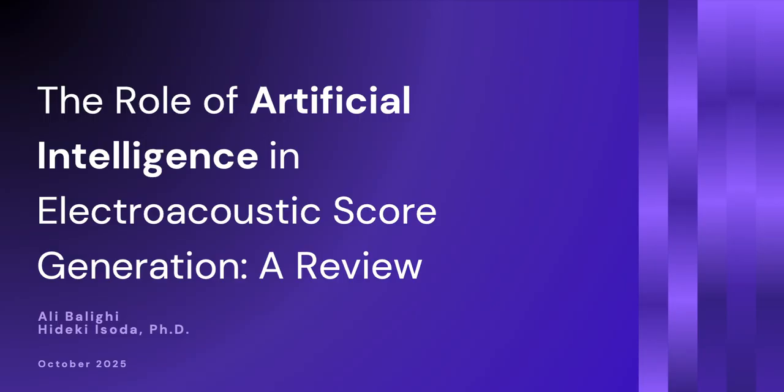By electroacoustic, I mean music where sound color, spatial movement, and bodily gesture are central and where the timeline is not always linear. In the traditional sense, these features don't fit staff notation very well. In this review, I focus on three domains where AI is active: symbolic scoring, spatial representation, and gestural mapping. I will outline what each approach can do, where it helps practice, and where it breaks down.